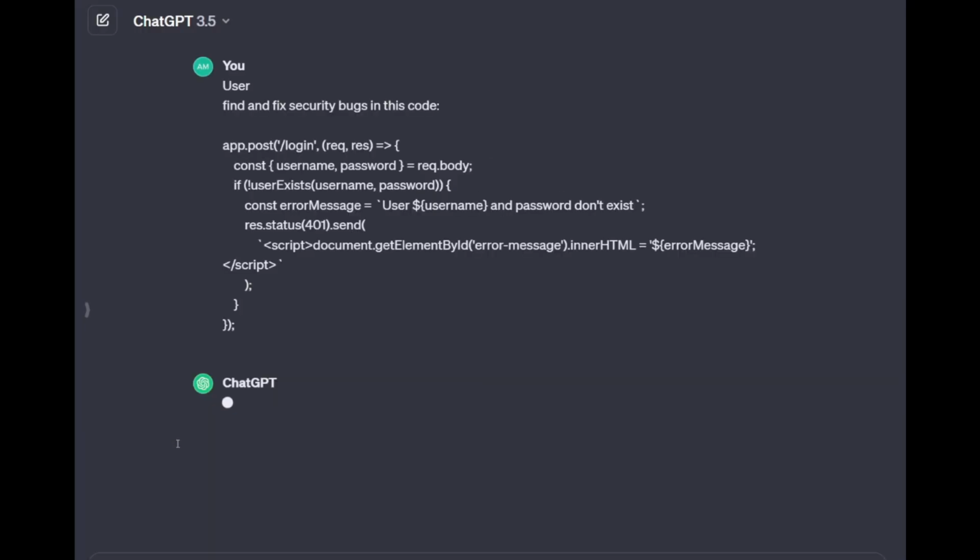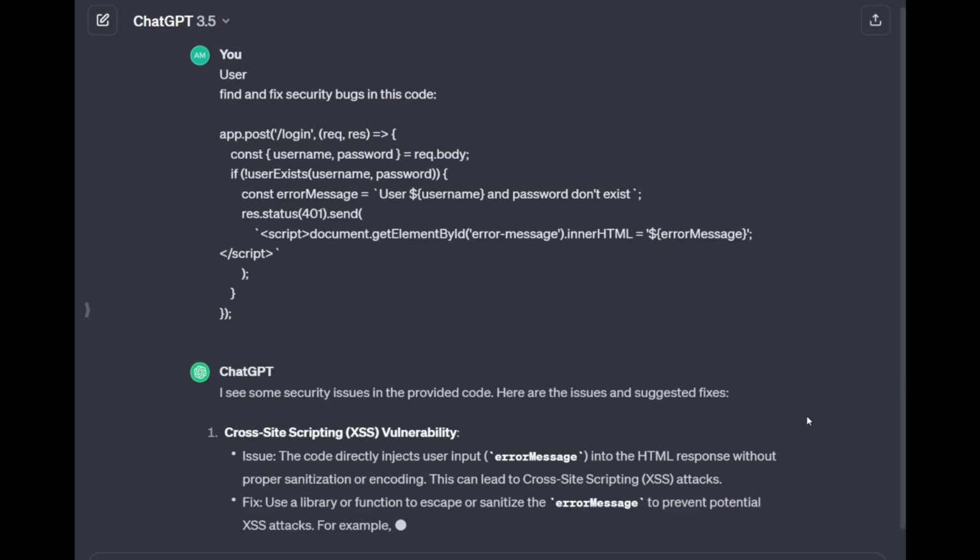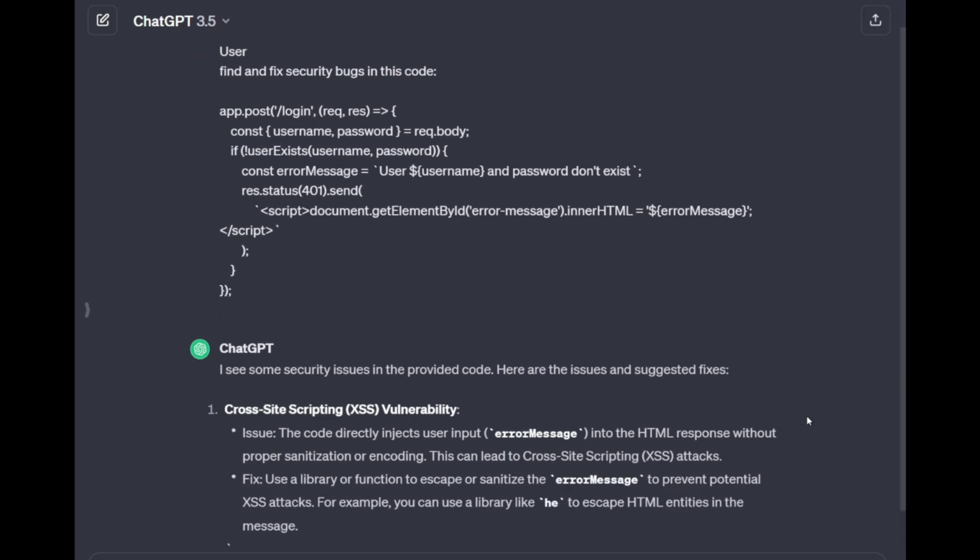The attacker can use this script as a username, and when the error is shown, this script will replace the URL of the current site and redirect the user to a malicious site, which will show them phishing content or just straight up download malware on their machine. So to find out about the issue with this code, we will ask ChatGPT and see what it has to say. So right off the bat, ChatGPT was able to detect the problem within this code,